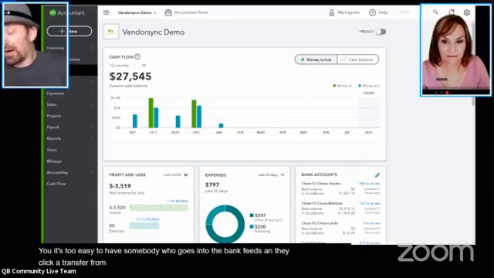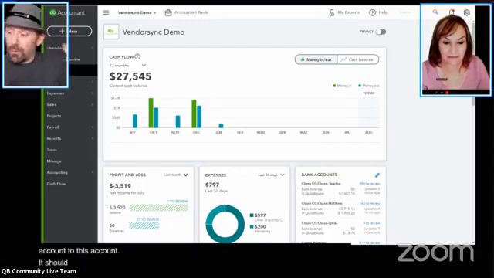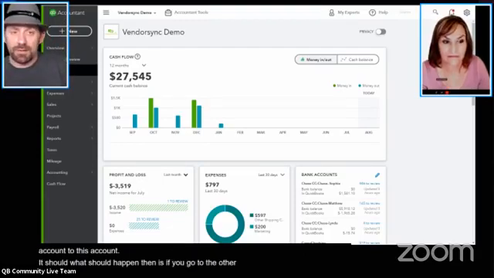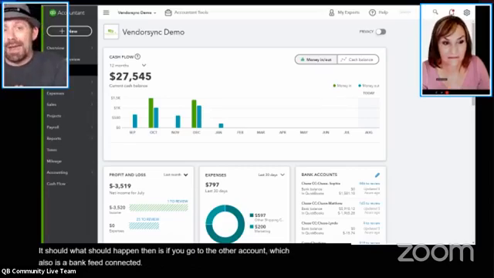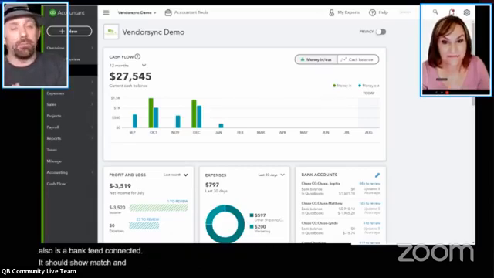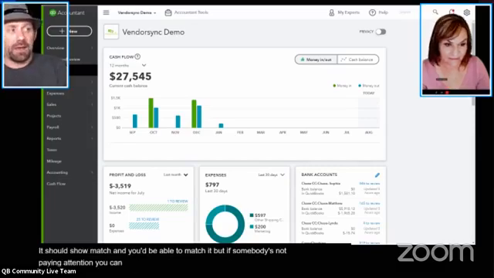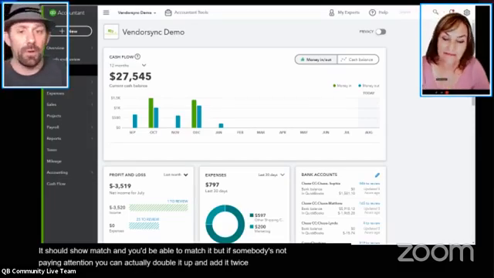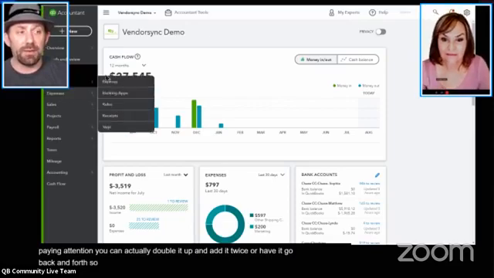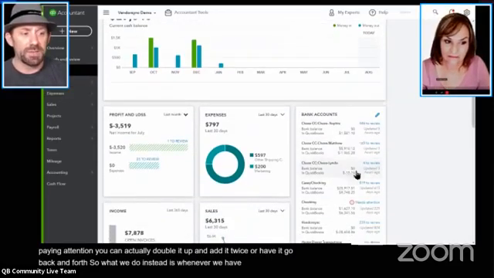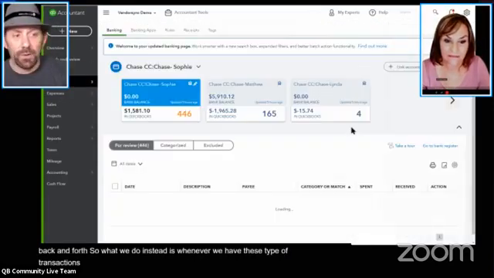And if it's done right, it says transfer from this account to this account. What should happen then is, if you go to the other account, which also is a bank feed connected, it should show a match and you'd be able to match it. But if somebody's not paying attention, you can actually double it up and add it twice, or have it go back and forth.